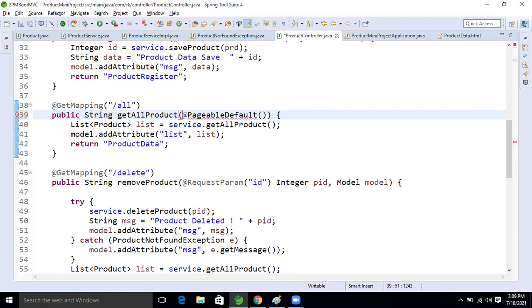This one will take page and size. The page is initially 0, so it will start from 0, and whatever size of the page we give, I'm giving 3. If you want to give 5 also, you can give.